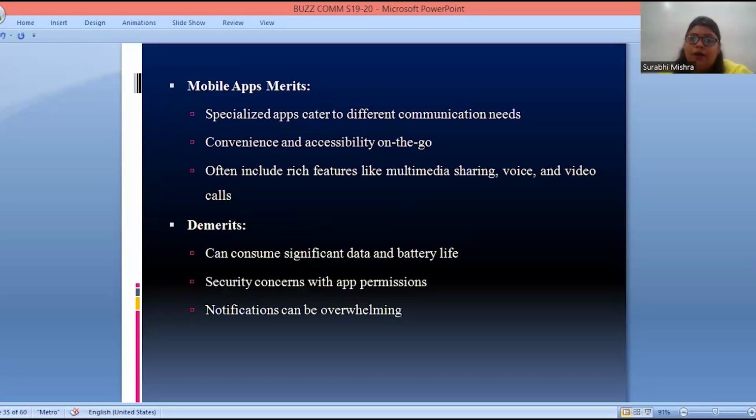Next come mobile app merits. Now we'll be talking about mobile applications. These specialized apps cater to different communication needs, with convenience and accessibility on the go. They often include rich features like multimedia sharing, voice and video calls. What is happening here is that your mobile app is a specialized app to cater to a particular segment.